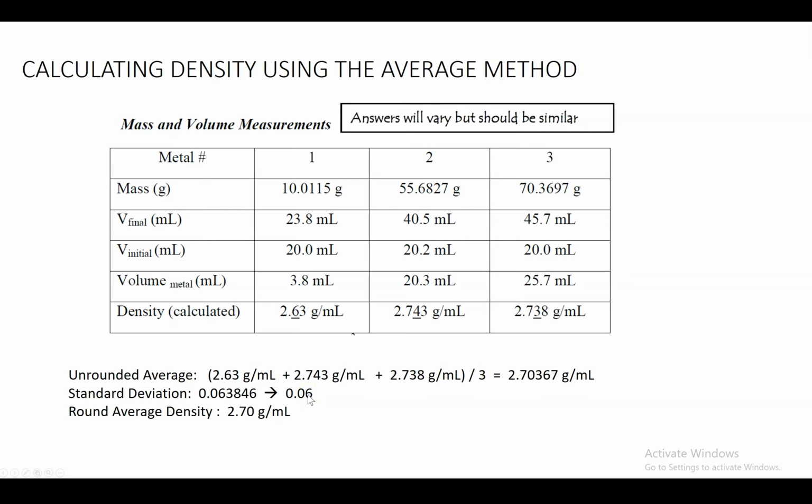So this now tells us to go back and round our average to 2 decimal places. Therefore, this would then become 2.70 gram per milliliter. So this would then be the density